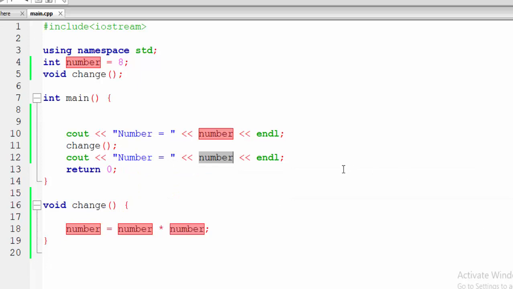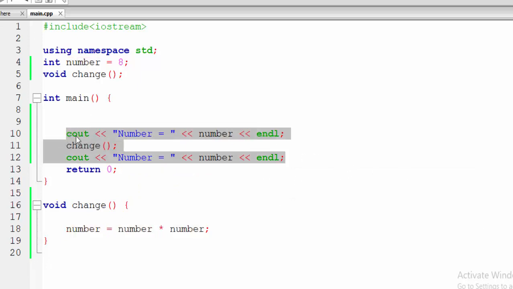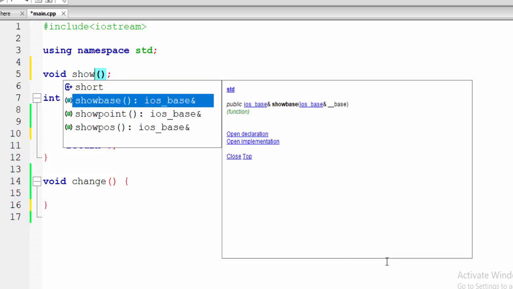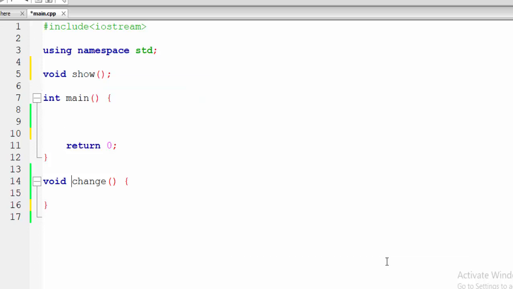Now let's talk about the static variable. To learn the static variable, let's say we have a method called show. So let's make this show, and here we will go down and make it show. Now in this method we will say int num is equal to 8, and here we will print the value of num.